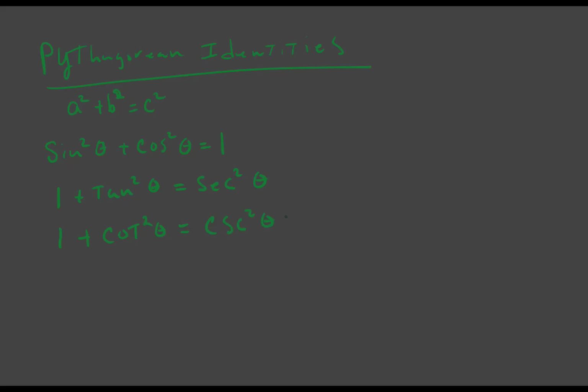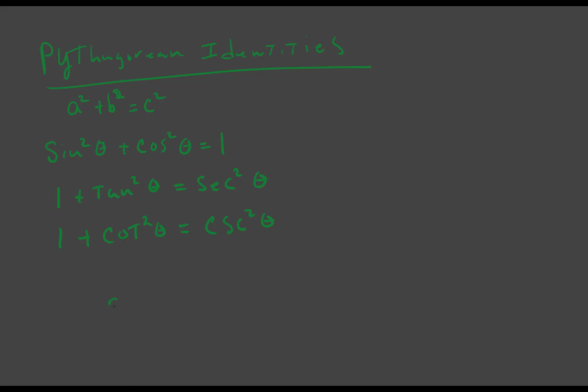Now, if we take these second two identities and say, okay, we're not going to try and remember those, let's see how we can derive them from this first identity, this one right here. If we can just remember that one,